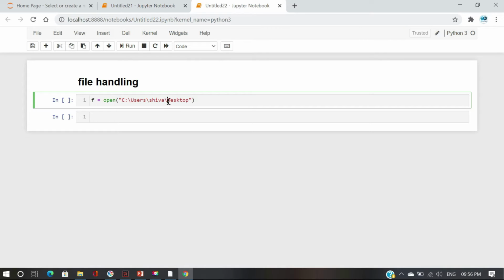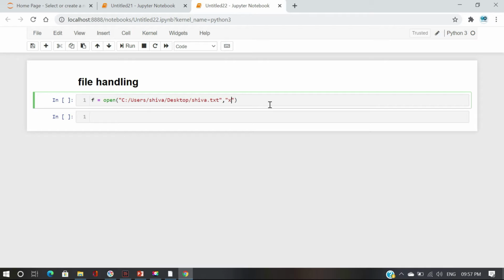Here I want to change this and give a particular file name like shiva.txt. So we use the file path, meaning the file name, and whatever mode I want, X. Here we give a particular file name using the open function, the file path, and the mode.